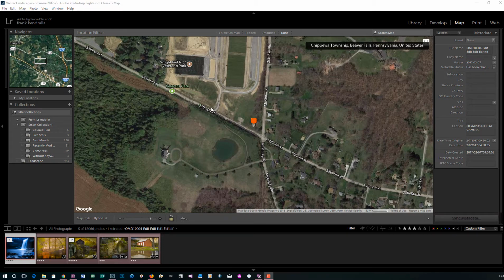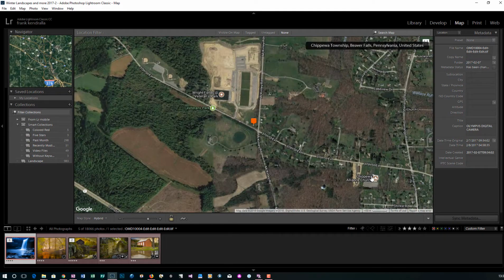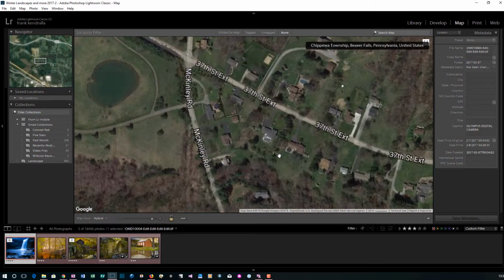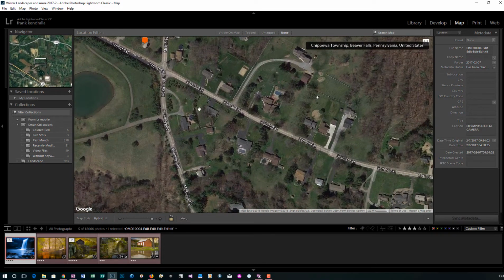So the map module is based upon Google Maps, so you need to be online when you're using this for it to work accurately. You have everything basically like a Google map on here. So you have your search, and we'll show you how to use that. You have your zoom function, just like if you're zooming on a regular map. You zoom in, zoom out. You could use the scroll wheel on your mouse. Just move around just like you were